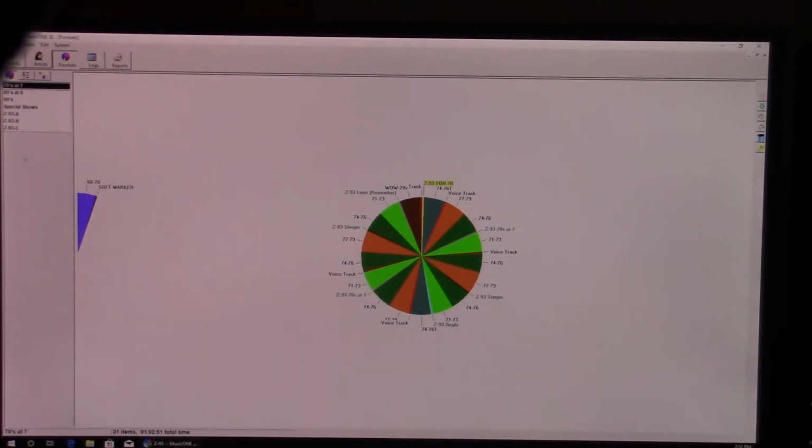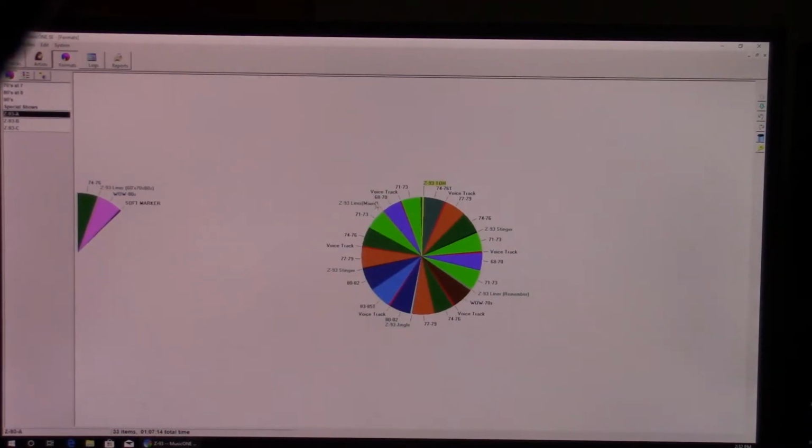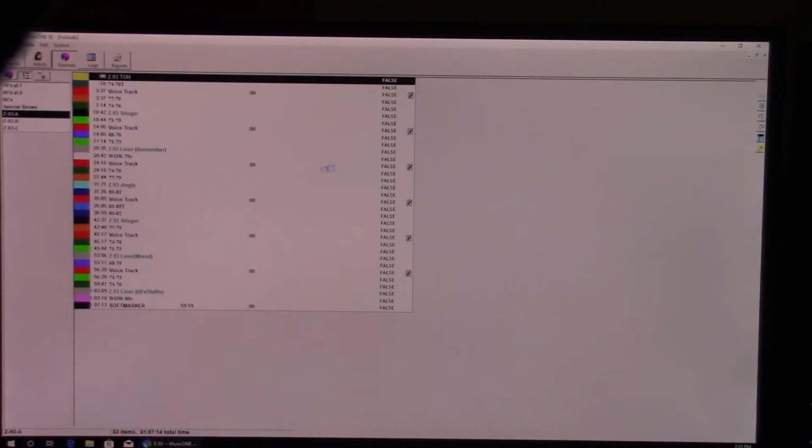Okay. And let me go down to one I actually use here. Now, if you don't like this circular clock type format, they also have a vertical linear format. You can click up here, and it's the exact same format, but it's in a vertical linear fashion. Some people may prefer that. Now, once you've got your format clocks set up, you'll need to go to this button right here, which says